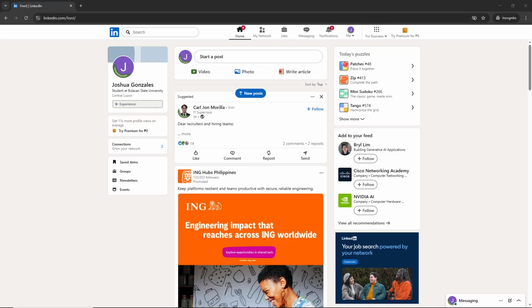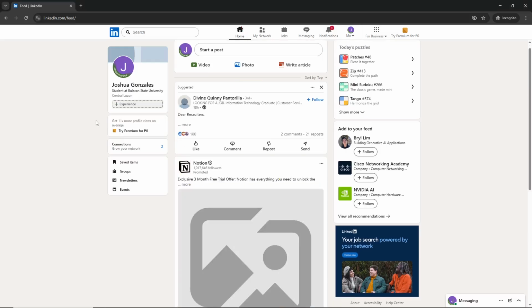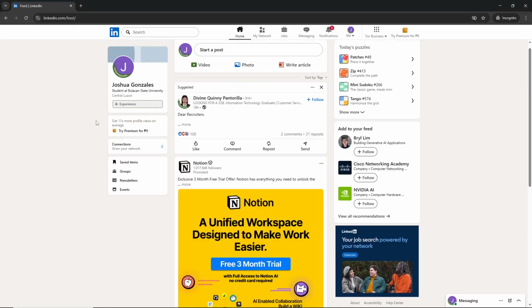First, open your browser and head to linkedin.com. Once the page loads, log in using your credentials. After you're logged in, you'll land on your LinkedIn homepage. Look over to the left side of the screen where you'll see your profile section and go ahead and click on your profile. This will take you to your main profile page where you can view how your information is